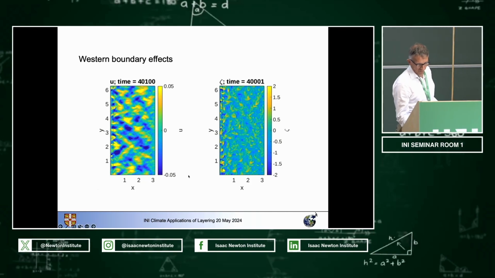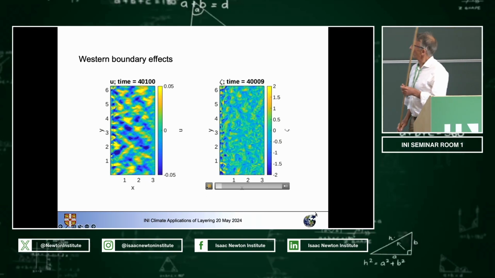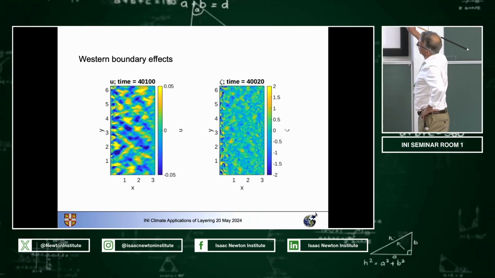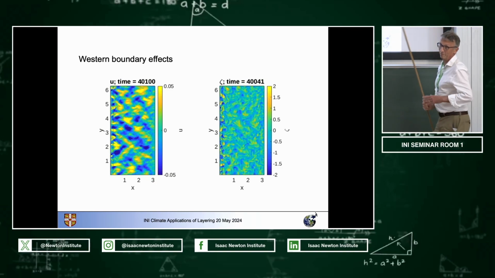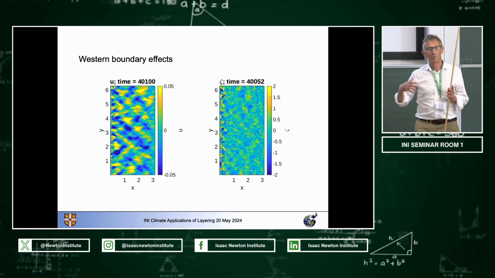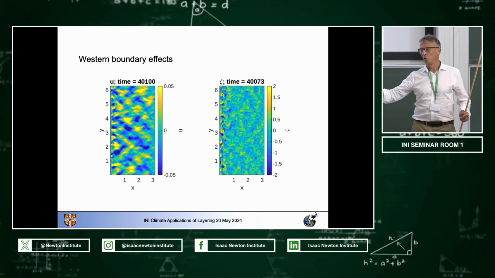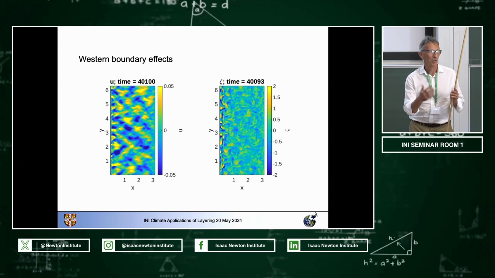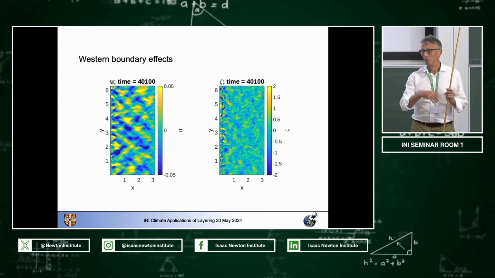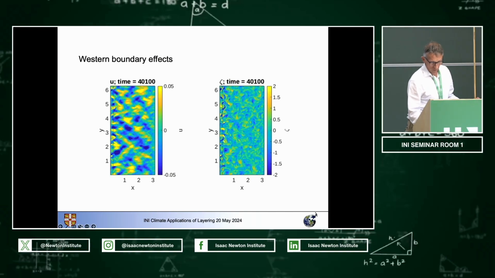If you look at the vorticity field, then you can see at the western boundary you've got all this vortex structure. Again, I think in textbook terms, many of us would recognise this. You've got long Rossby waves propagating to the western boundary. They're in some sense trying to be reflected as short Rossby waves. The nonlinearity is stronger. You're generating a strongly nonlinear effect. Right. Now the question is,